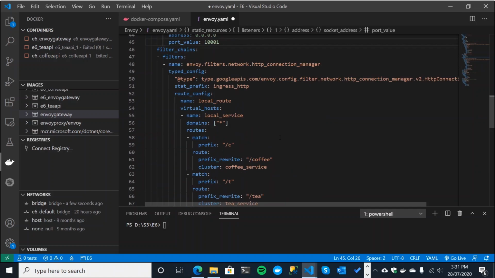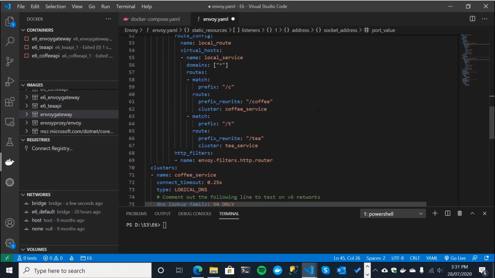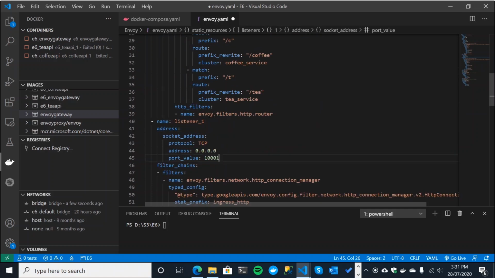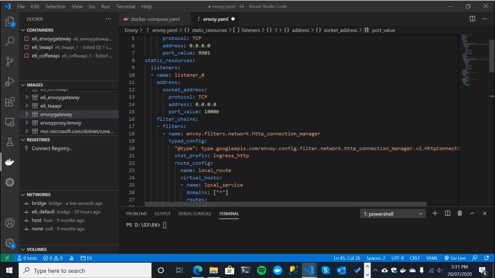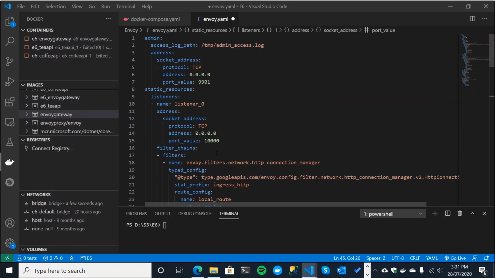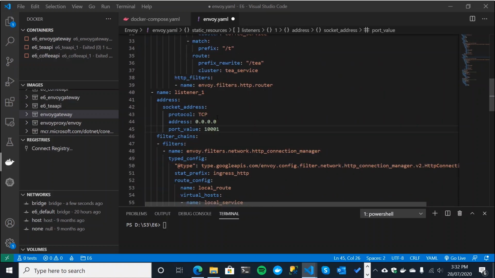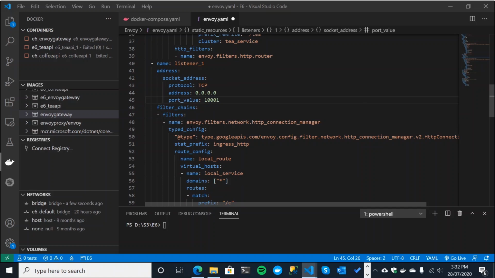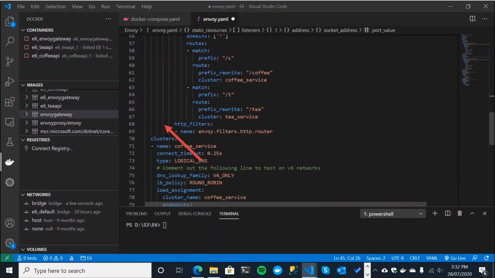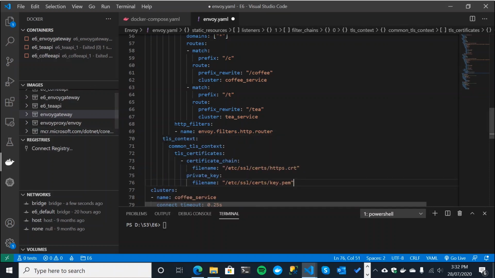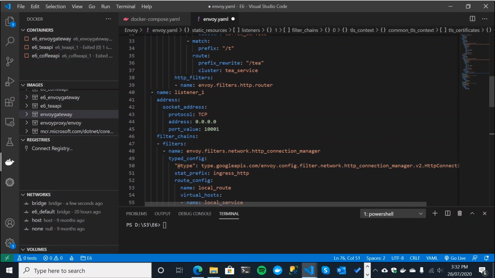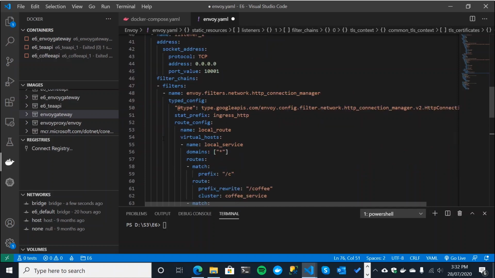All right, so coming back up here, the one thing we do have to add in to this new listener, listener 1, is the paths to our 2 files. Now, I hope you don't mind, but I am going to copy that in again. And I just need to make sure I put it under the name of this listener. Oh my goodness, it gets really difficult to see. You need to put it under this element here. I really dislike YAML. I think it's supposed to be here. Let me just see. TLS context under the name. Yes. That looks correct. All right.